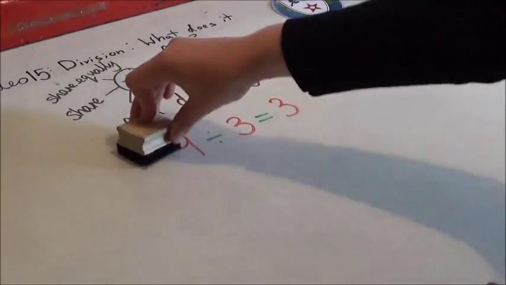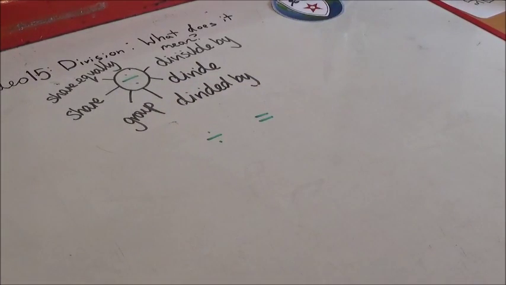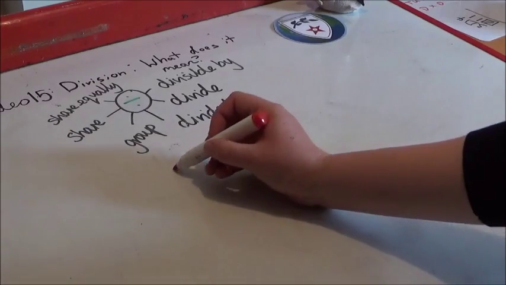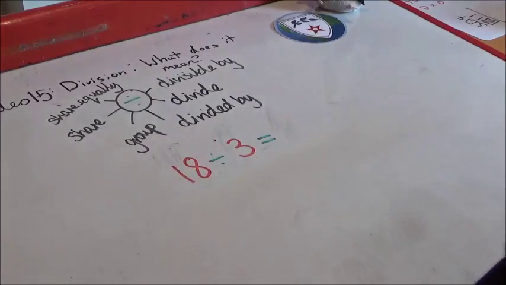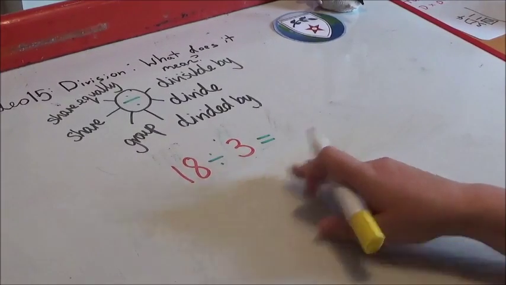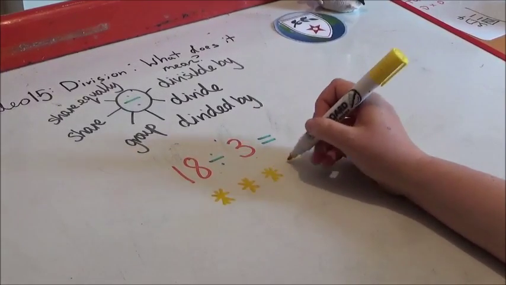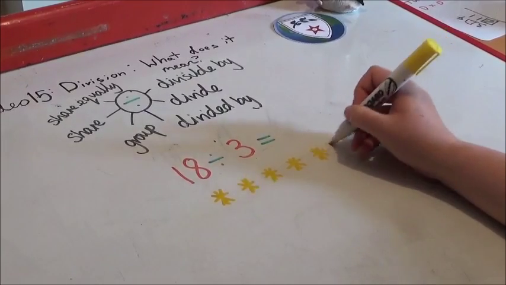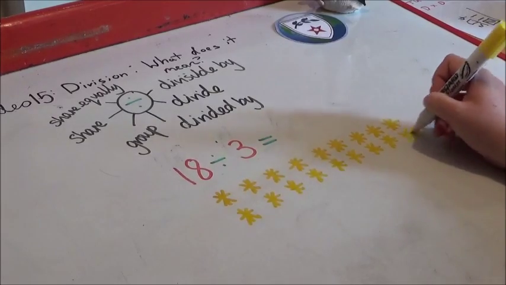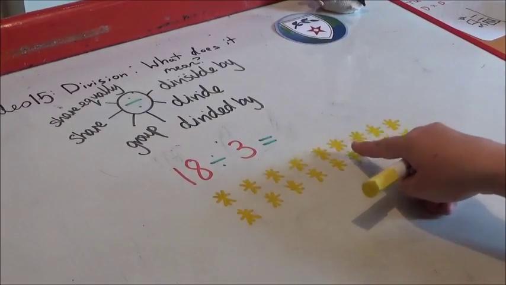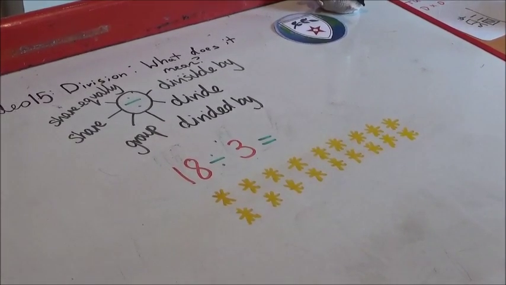I'm going to change my number sentence. Let's go with 18 divided by 3 is the same as. So, our word problem, we're going to have 18 flowers. 1, 2, 3, 4, 5, 2, 4, 6, 8, 10, 12, 14, 16, 18. Okay, so